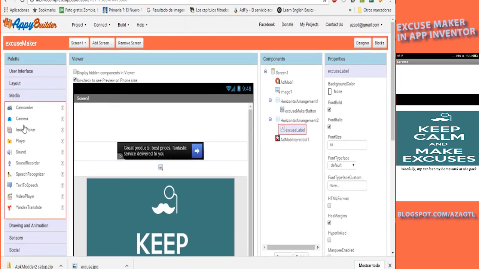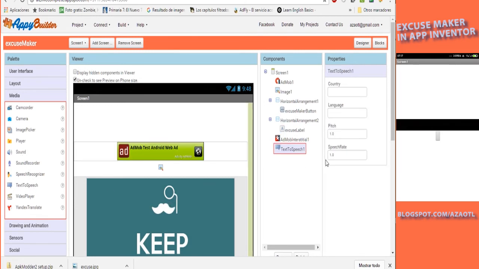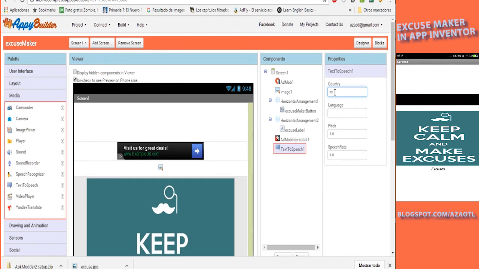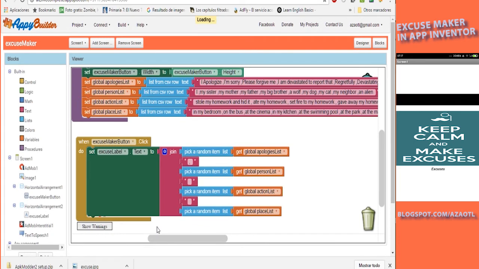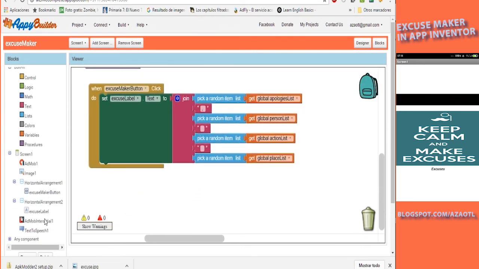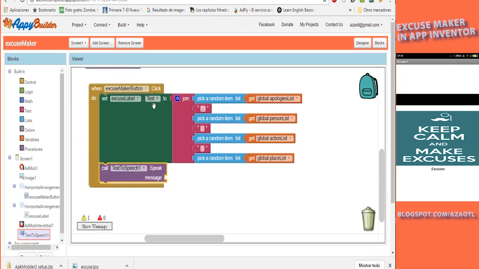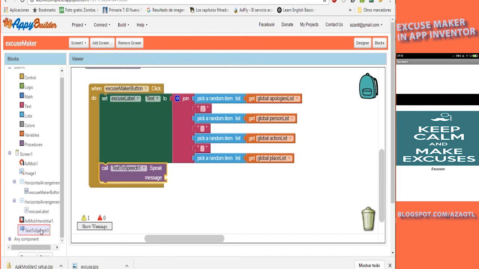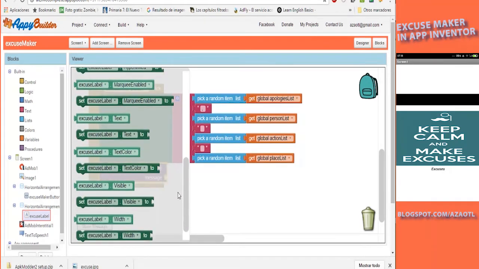And finally, maybe we can add text-to-speech. Maybe we can set it to English. I don't remember if it's English. Let's hope that this is English. Okay, and after we have this, we have text-to-speech. Go to text-to-speech, and the message for text-to-speech is this text that we got. Text-to-speech,